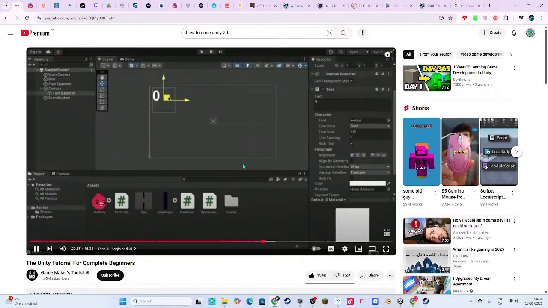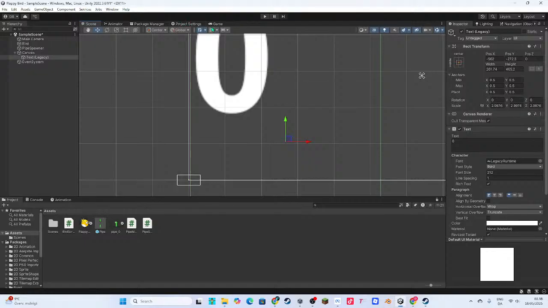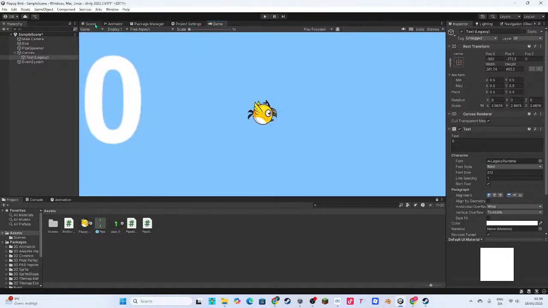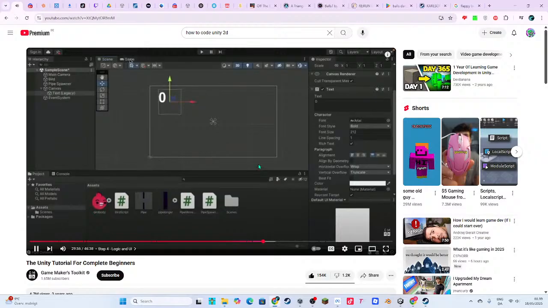Okay, now we want to make a script that will store the player's score and change the number on the UI to that score.